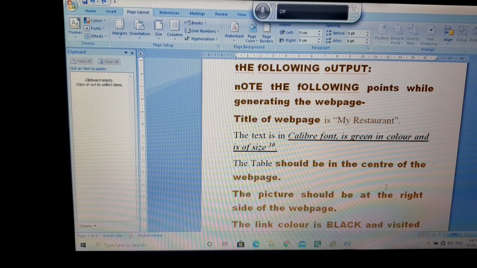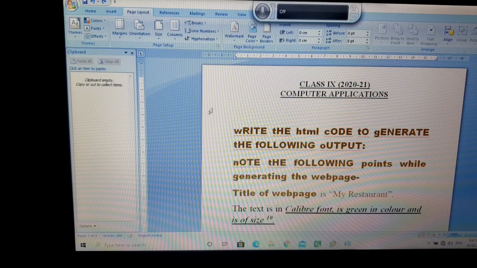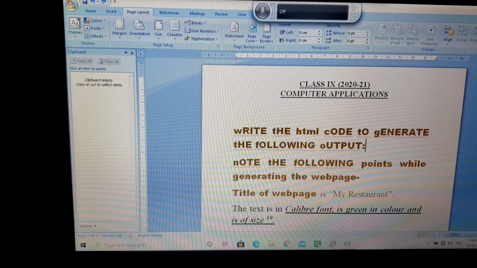Next is indent and tabs. Now what is this indent and tab? Indent is basically this space which you have used, the space between the margins and the text on this page. This is your indent. Then next is your tab key. Tab key, you all know about the tab key. Tab key basically takes your word ½ inch away. So this is what you are writing on your computer.